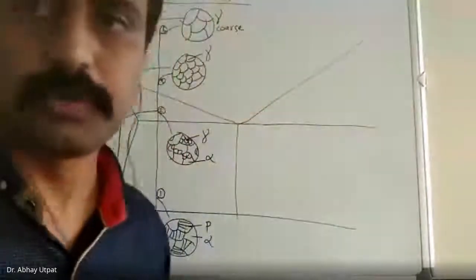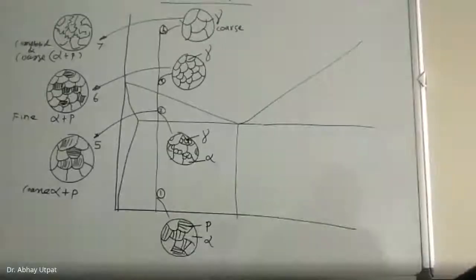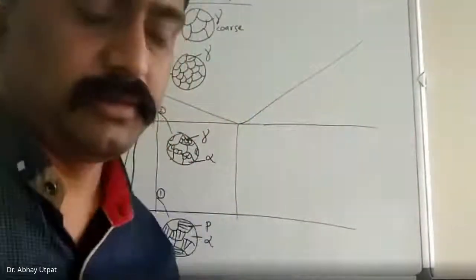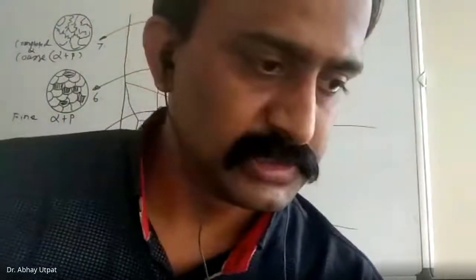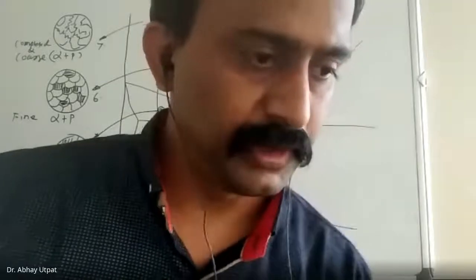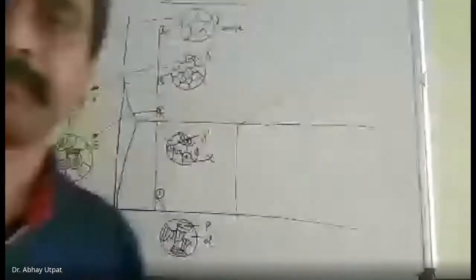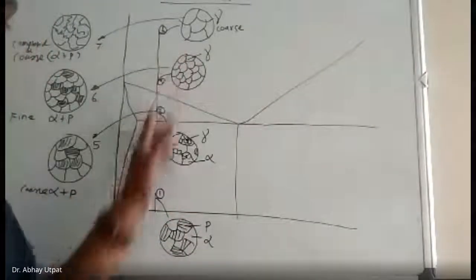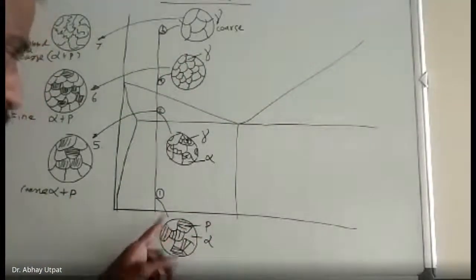So in the last class, this half of the figure was drawn by me, and we are going to complete what are the microstructure changes during the annealing process: hypoeutectoid and eutectoid steel and hypereutectoid steel. So here, this part you have drawn. This is the hypoeutectoid steel.